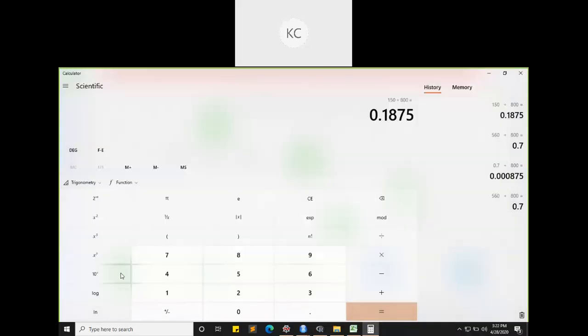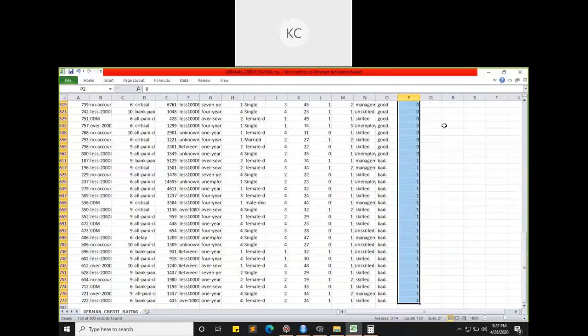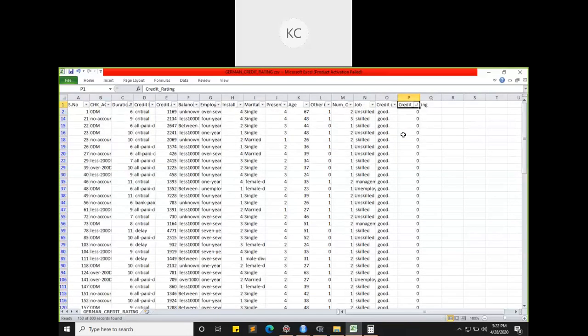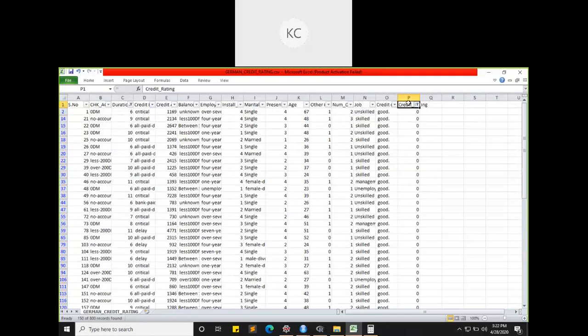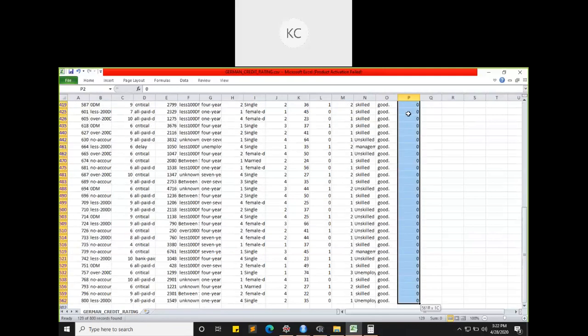In this also, if I want to calculate how many are zeros, totally 150 entries are there. Here 129 entries are 0 and the remaining 21 entries are 1s.